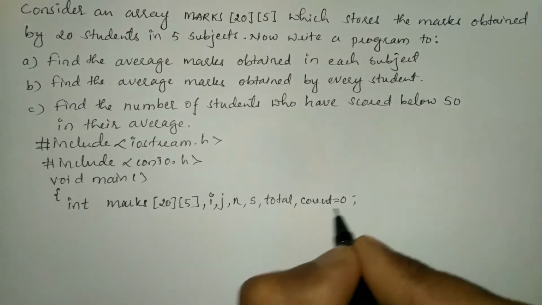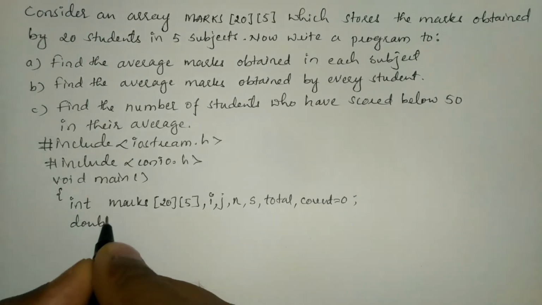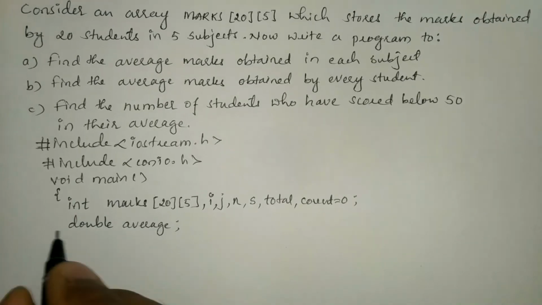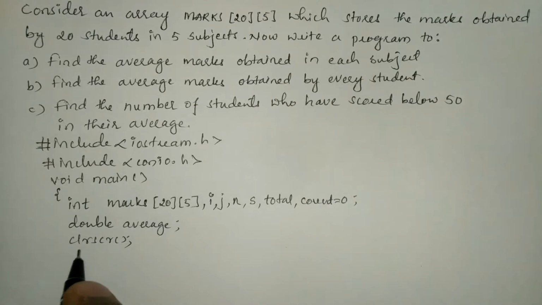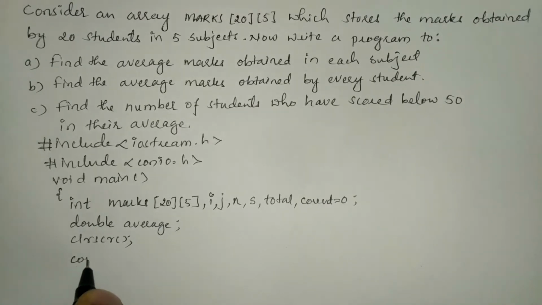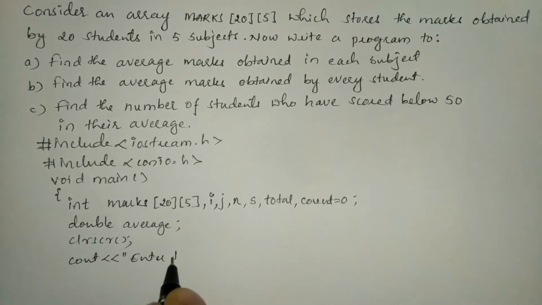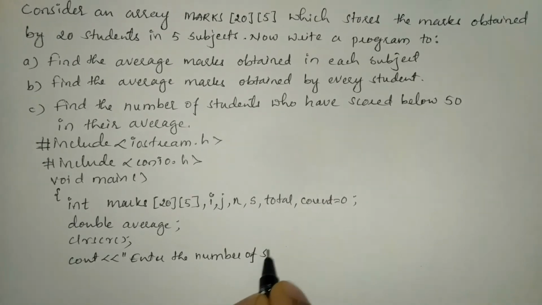to 0. Now let us go for declaring one more variable of type double called average, and here we'll write clrscr function, which is used to clear the screen. Now we will ask the user to enter the number of students. So using cout stream insertion operator in a double quotation mark I'm going to write enter the number of students,